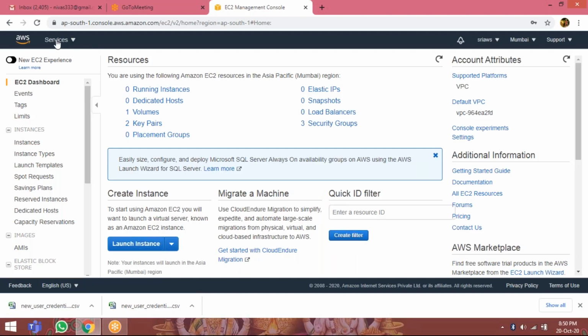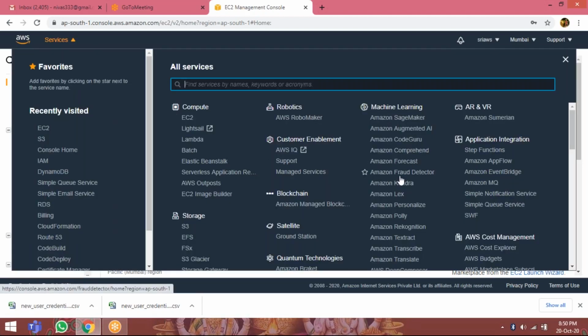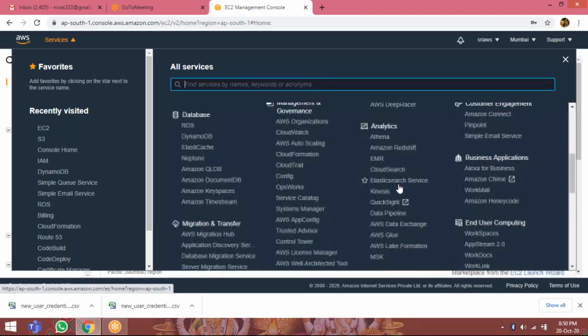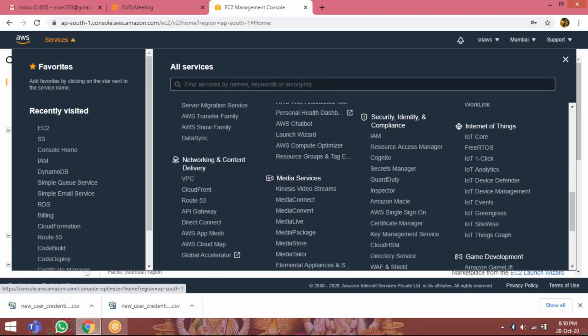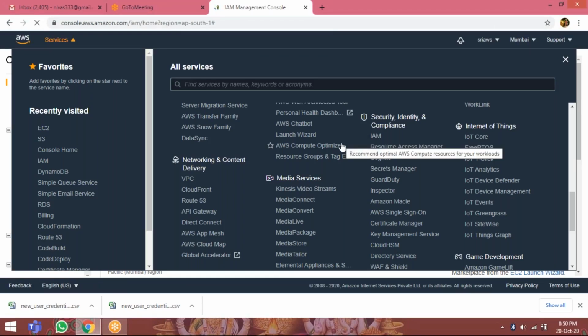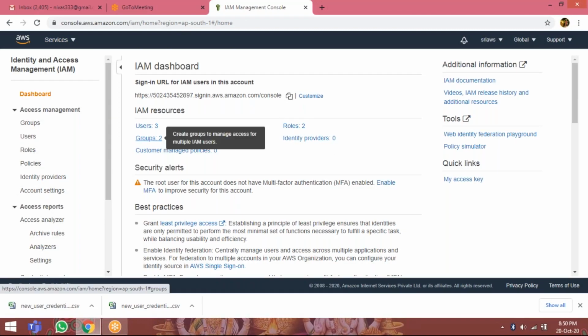Now go to IAM. Now I am removing the users.